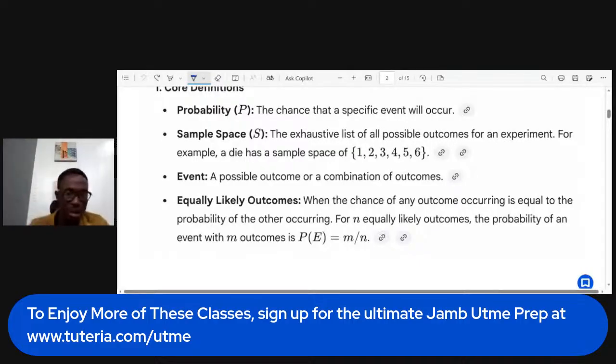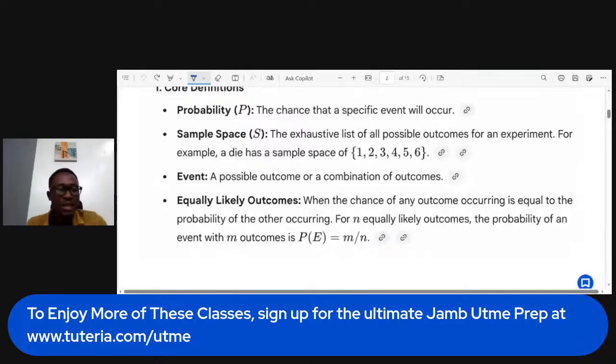So if I throw a die up now, let's say I just throw it up, I can either get one, two, three, four, five, or six, because those are the numbers on that die. All right, so what we are talking about, sample space, we are just talking about all possible outcomes of an experiment. If I perform an experiment, what are the possible outcomes of this particular experiment? So in throwing of a die, I'm either expecting one, two, three, four, five, or six. So I can expect any of them to show when I throw my die up. So that's what we mean by sample space. It's just all possible outcomes of an experiment.